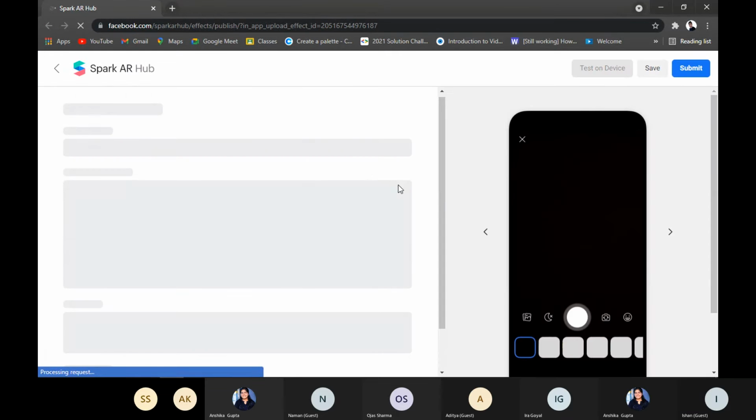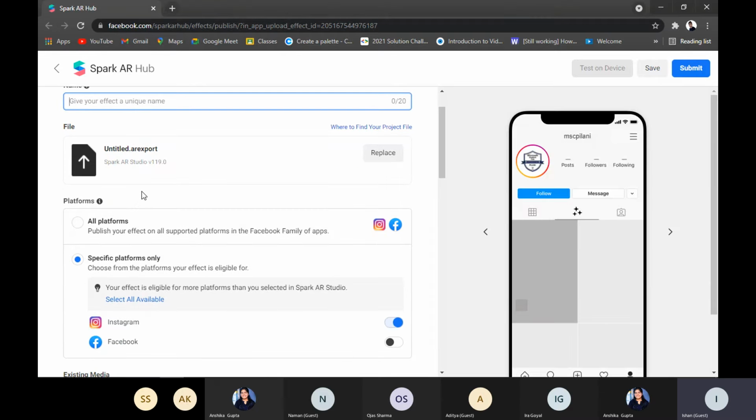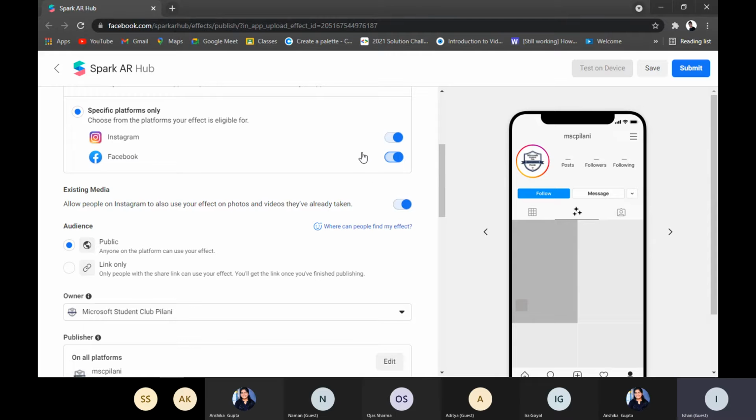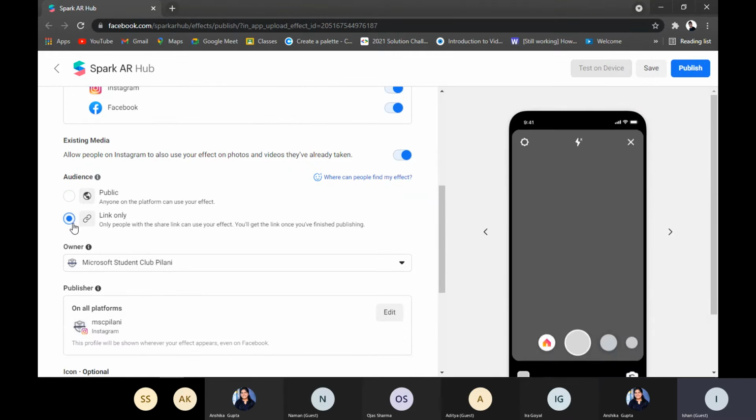Yeah, so here it is. You can give a name to your filter and choose a platform where you want to publish. You can publish on only Instagram or only Facebook, or you can publish on both. You can create a public filter or link only, which will be a private filter. You can send the link to your friends and they can test.